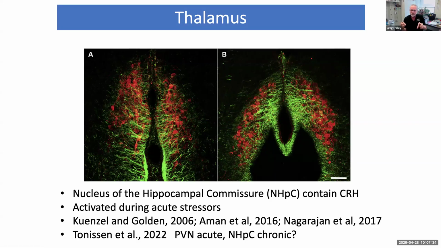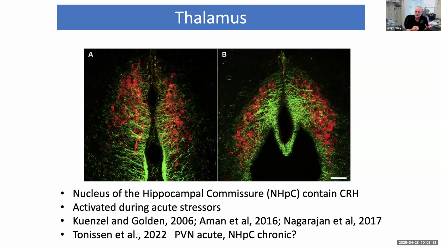The AVT neurons from the paraventricular nucleus in the hypothalamus not only project to and control the pituitary gland, but they also wrap around the CRH neurons. And in a similar photomicrograph from the PVN, you can see that the AVT neurons also are surrounded by the CRH axons. So there's a tremendous amount of crosstalk between these two nuclei in the septal region and the hypothalamus.